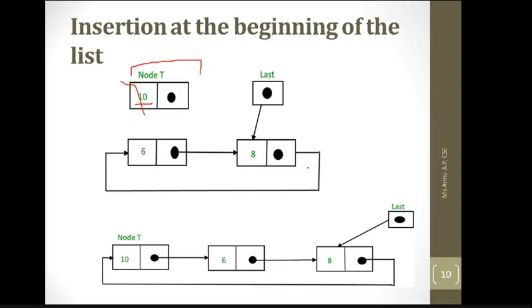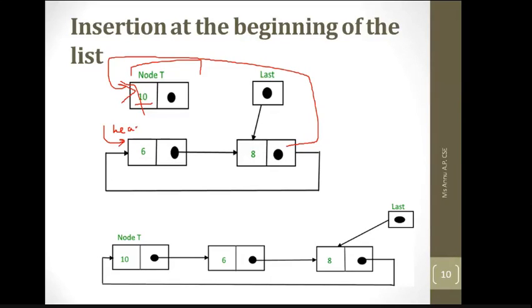Because in the existing list, 8 has the address of 6 in its next field. What you have to do here is change the address so that 8 next is 10. Okay, so after storing the address of 10 in 8 next, you can proceed with the assignment of the head pointer. The address of 6 is already there in the head pointer of the list, so head of list is 6.